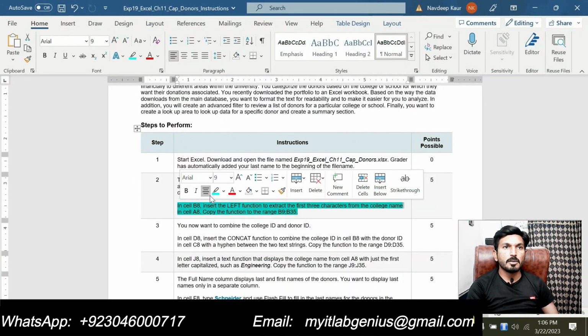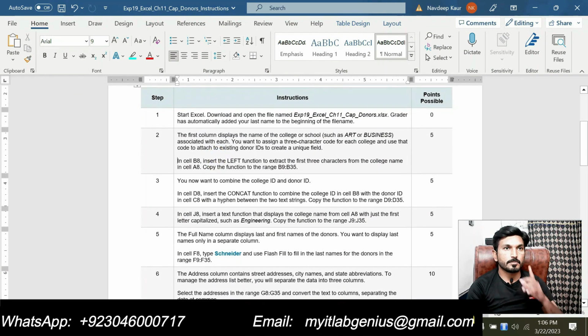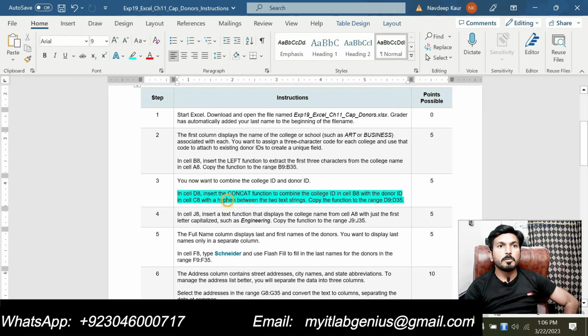Now we will move to the next step, step number 3. In step number 3, it says in cell D8 insert the CONCAT function to combine the college ID in cell B8 with the donor ID in cell C8 with a hyphen between the 2 text strings.